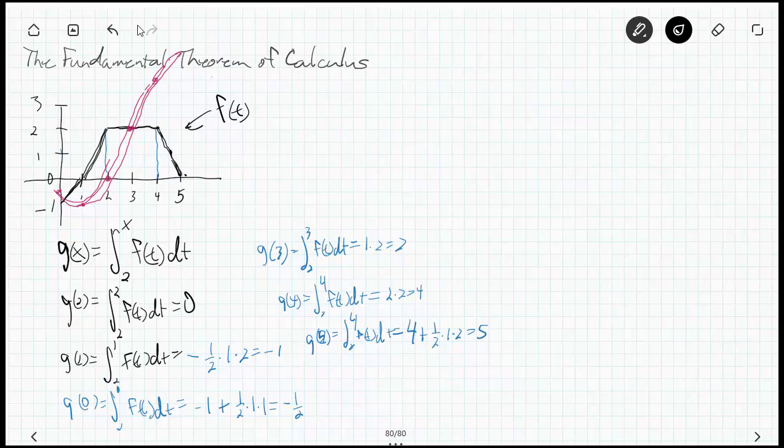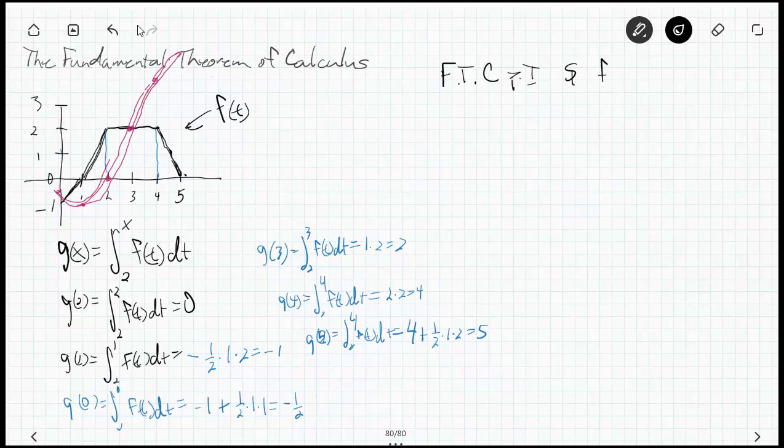Okay, once we have defined that curve, what I want to do is actually talk about the fundamental theorem of calculus part 1 and define what it does. The fundamental theorem of calculus part 1 says this. It says, suppose that